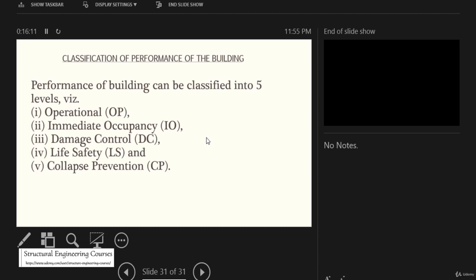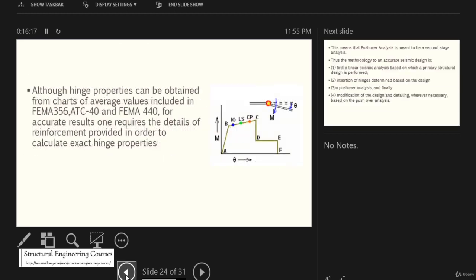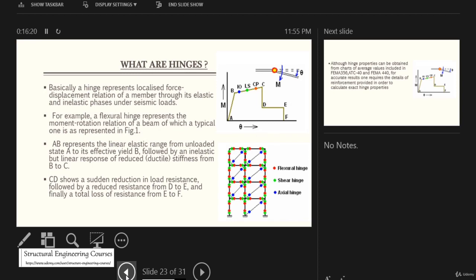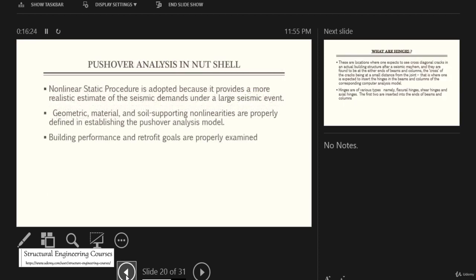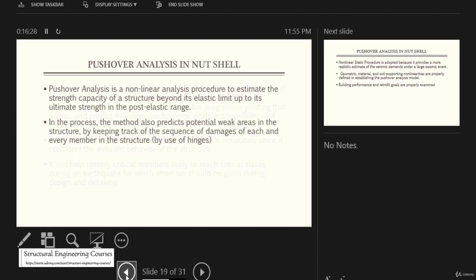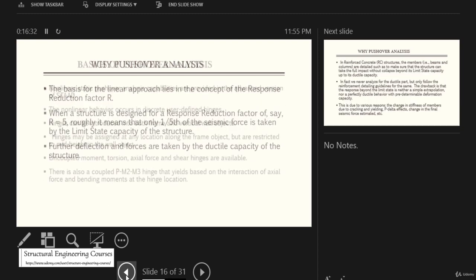So I hope things are now clear to you. In this lecture series we have learned a lot of things, that is, what we mean by pushover analysis. If you are new to all this analysis, you may also be surprised that we also go into the plastic range. It is not like we restrict ourselves to the elastic range, but as I have again repeated in